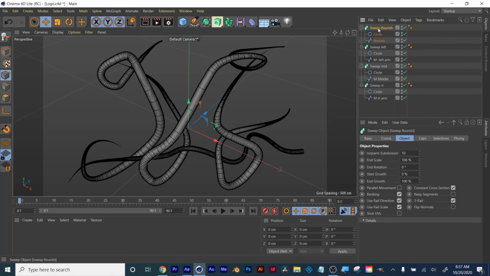Now, when you're using a sweep Nurb generator, in the object, you have start growth and end growth. Watch what happens. If I animate this over time, it'll draw on in that direction. Or I could have it come in the opposite direction, okay? It's all about figuring what you want to do over time. First thing I want to do, come in, is my left arm. So I'm going to go to my sweep left,